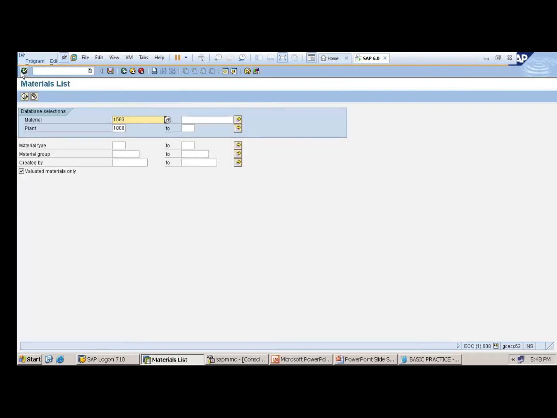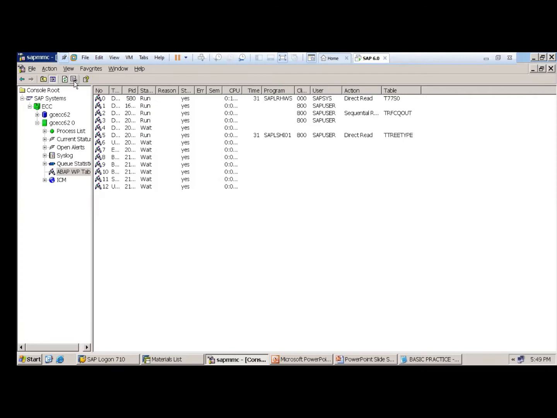Enter. Just remove this material. You want only from plant 1000. Just execute. From plant 1000. Click on execute here. It'll take some time.